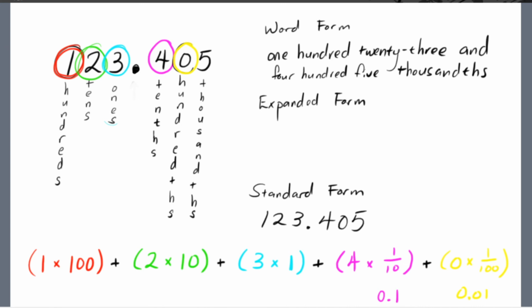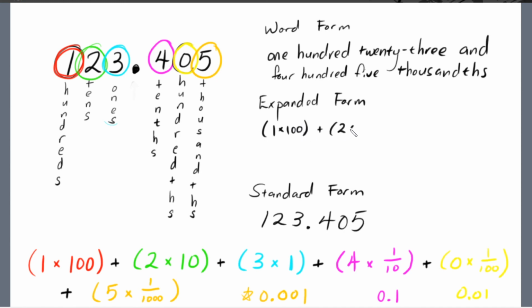Followed by our final digit. Let me put a plus there. Our final digit is this 5. So we're 5 times its place value, which is the thousandths place. So 1/1000ths, or you could write 0.001. I'm going to put a star here so you can see that this is separate. So our final expanded form for this number, 123 and 405 thousandths, is going to be 1 times 100